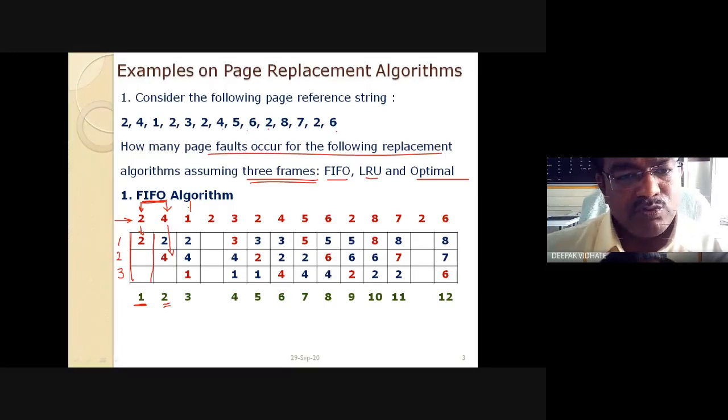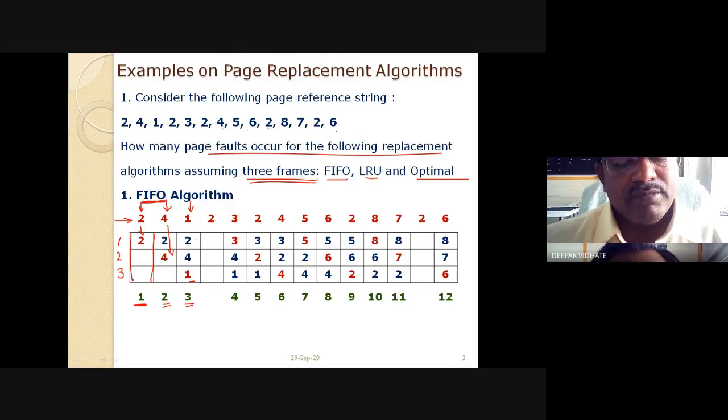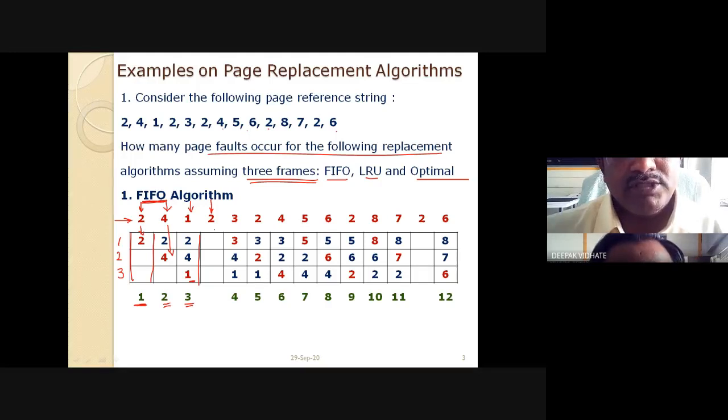Next, the memory reference is made to page number 1. Page number 1 is not available. Page fault 3 occurs, and to recover from this page fault, 1 is placed here in the empty frame. So this is the structure up to 3 page faults. Now the next memory reference is to page number 2, and we check here. Yes, page number 2 is available, so there is no page fault in the system. Page number 2 executed successfully.